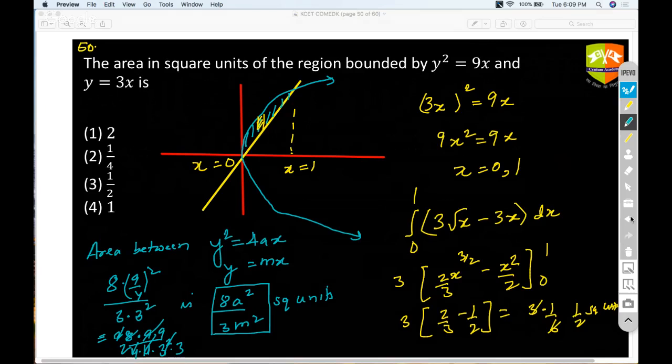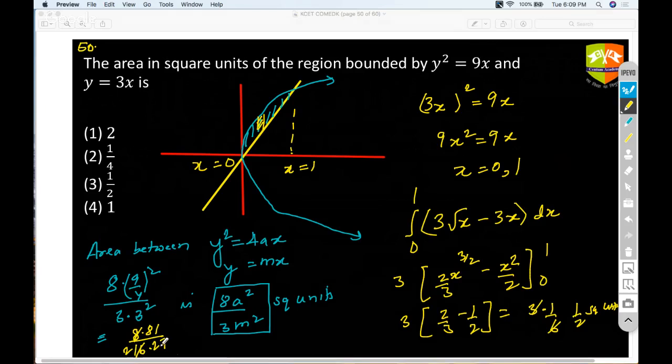Let me just rewrite this again. I think I have messed this up. So it's 8 into 81 by 16 into 27. So that's going to be 2. And this is going to be